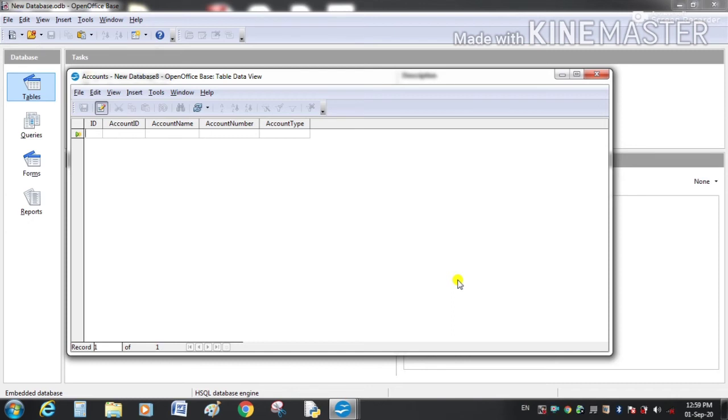ID is generally numeric and continuous. Account ID can be any number, for example 5. Account name Raj, account number, and account type saving. Now second ID, it will be 2. Account ID can be anything.